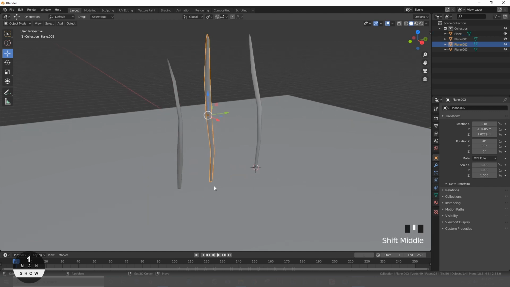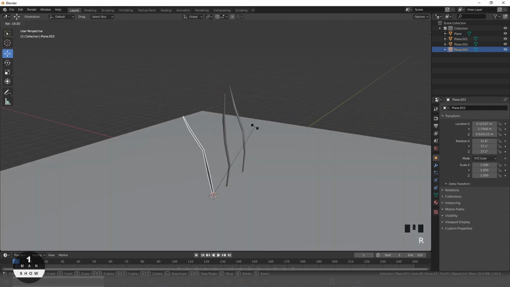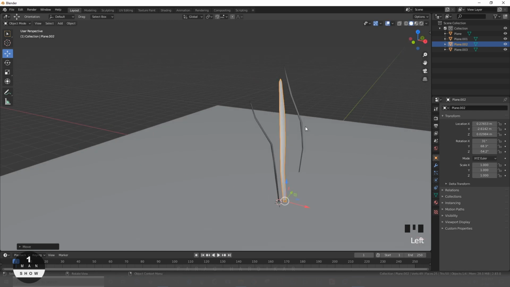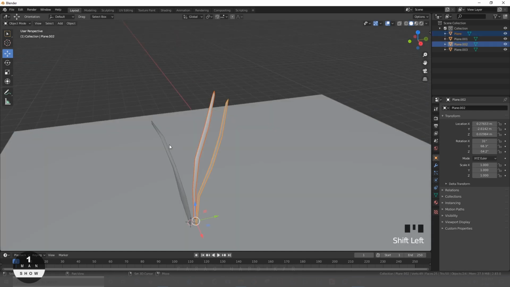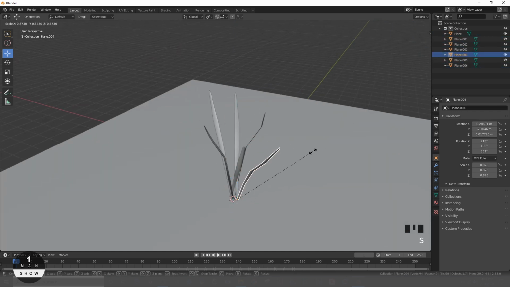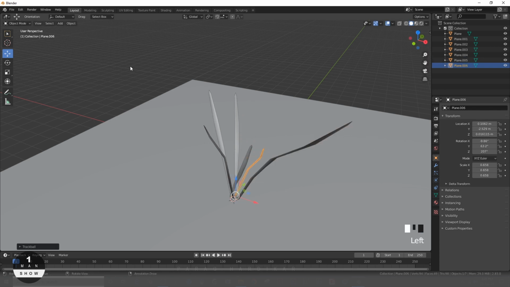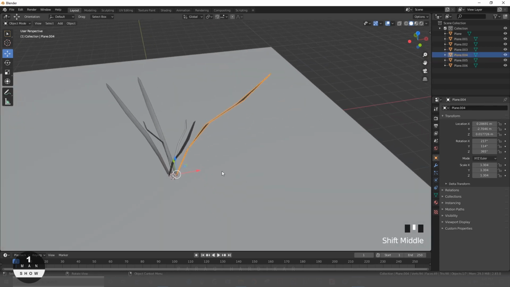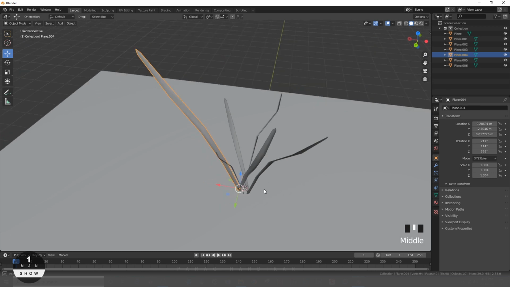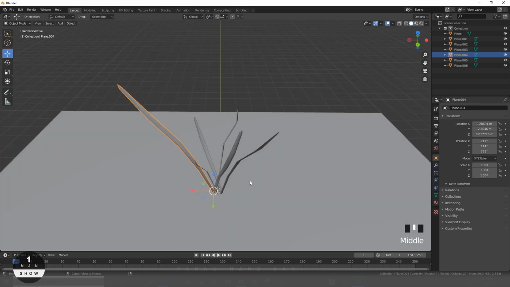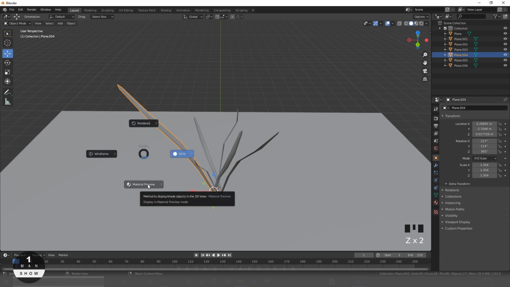Then let's just do the same with others. Once we are done, let's create a group of grass. By pressing Z on keyboard, let's switch to material view.